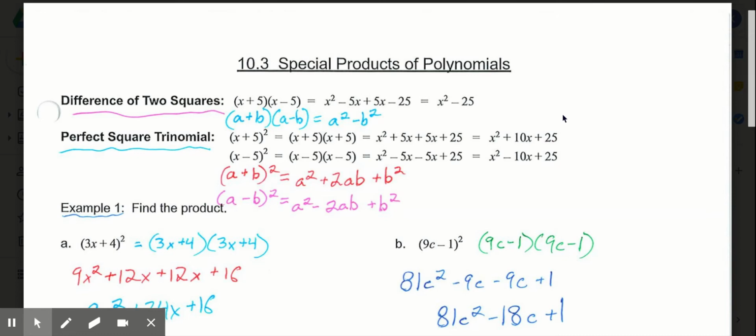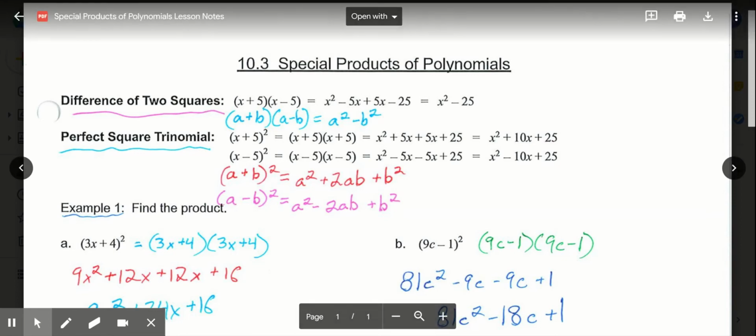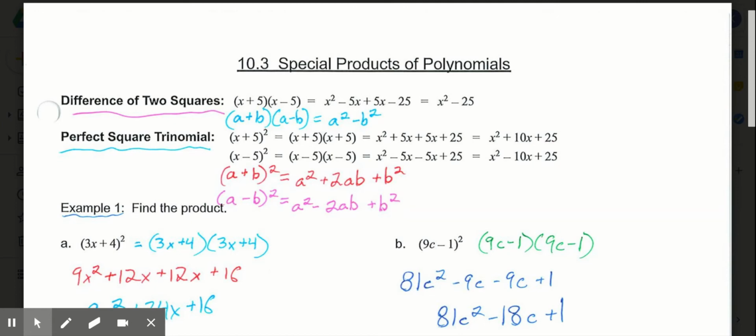If we want to cut out the FOIL method, again, we can get right to this last piece by using this rule here. So if we have an a plus b squared, our final answer is a squared, so x squared, plus 2 times a times b, so 2 times x times 5, which is 10x, plus b squared, 5 squared,